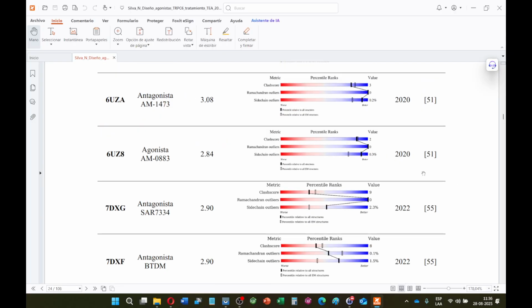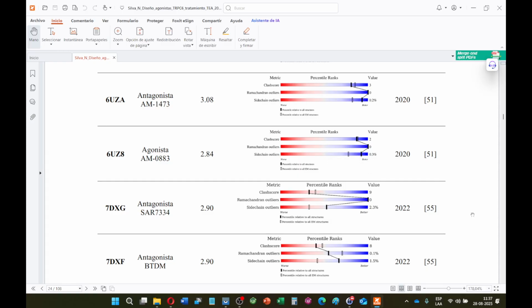Make this table. Suppose there are 4 proteins. The resolution on the one hand, our code is here. That had the best resolution. And at the same time, in this case, we were lucky that the metrics are quite good because there are few outliers here. It says Ramachandran, or outliers of side chains. And contacts, that is, atoms that are overlapping one over the other, then everything is in blue. Therefore, it means that it is quite good. Now, that is good, but answering Jonathan's question, we have to compare it with the others. There is one, choose the best, since there is not an exact value in this graph, but these graphs make sense